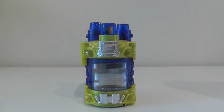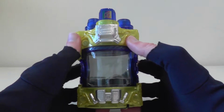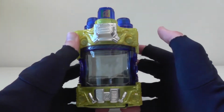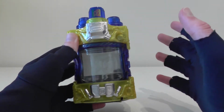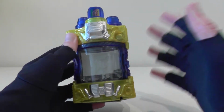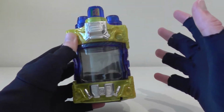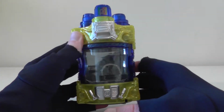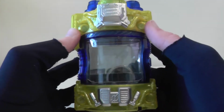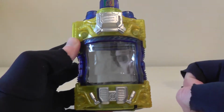Okay everyone, I'm back, and here is the DX Genius Full Bottle itself. As you can see, the Genius Full Bottle is definitely not your traditional full bottle, because normal full bottles are half the size, and they only take up one slot in the Build driver, but the Genius Full Bottle, like some other miscellaneous special full bottles, takes up both slots in the Build driver. On the front, you can see a lot of moulded detailing throughout,